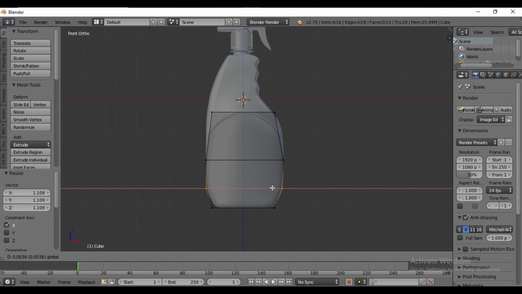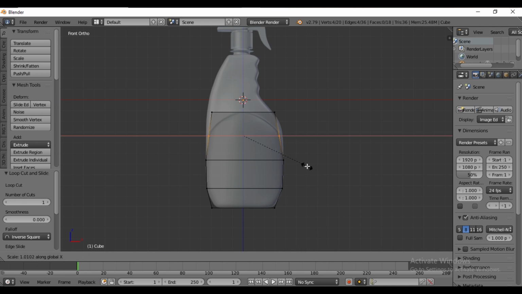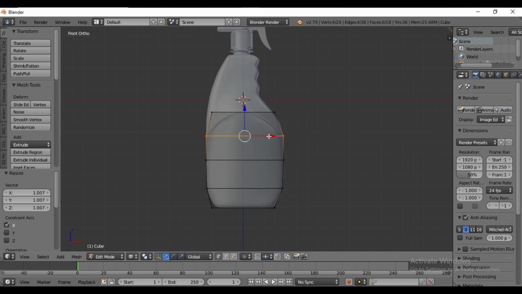You should keep your mesh as low poly as possible. We will add subdivision later. A low polygon count makes shape modification easier. Continue adding loop cuts with Ctrl R and scale them in X axis. Don't aim for perfection at the start, just try to replicate the image shape.